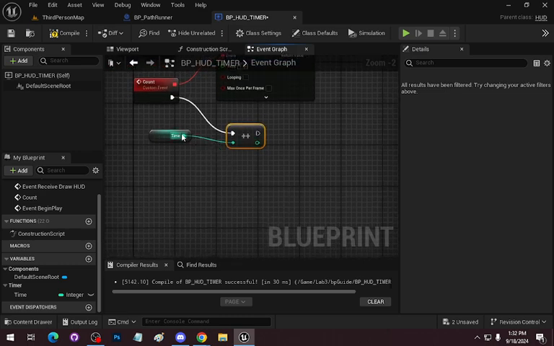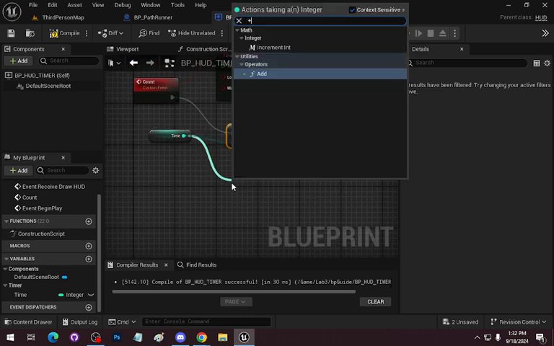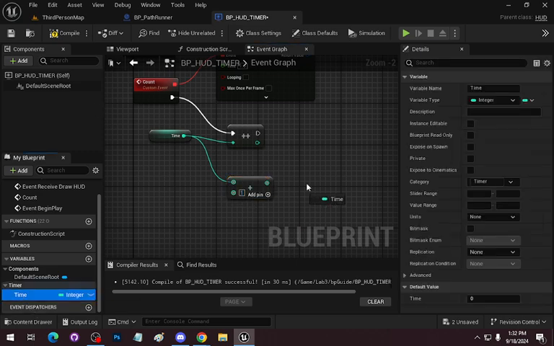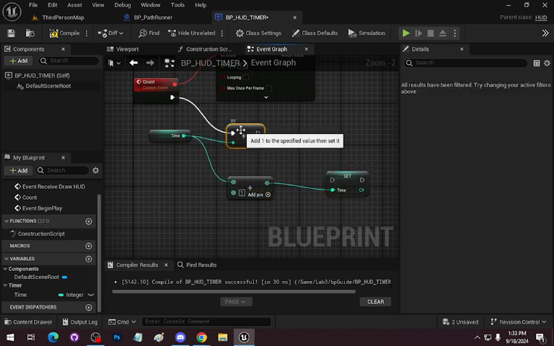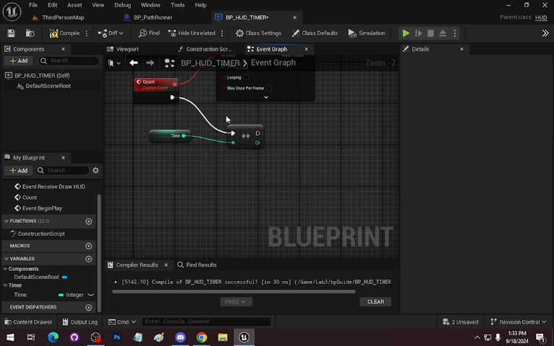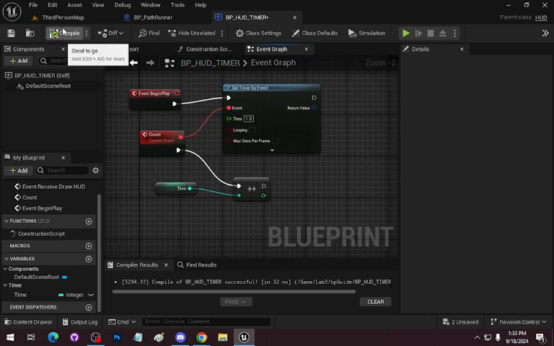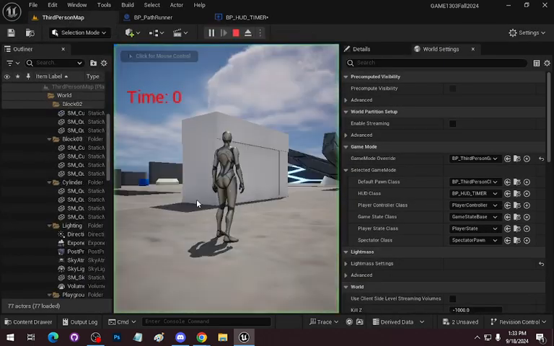In the version that you see, they actually do a plus and they put a 1 down here, and then they go back and set. This is very much valid as well, and they wire that into there instead. But this is perfectly fine. I'm going to compile. We'll go back to our map and you can see that every second it's now